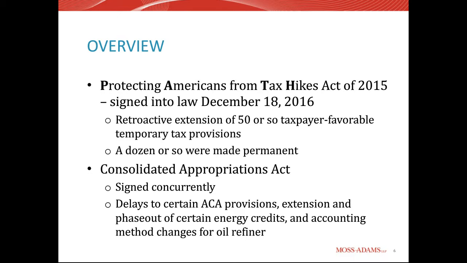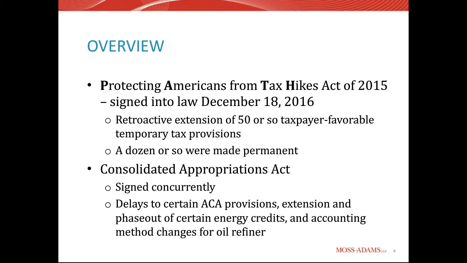But it did a little bit more than that. Instead of extending the breaks for just 1 or 2 years, which Congress has typically been doing the last number of years, the PATH Act actually makes a number of these popular tax breaks permanent, and extends others for several years. But it's not all good news. There are a few PATH Act implications that only extend certain favorable impacts, like bonus depreciation through 2019, with a gradual reduction in the benefits.